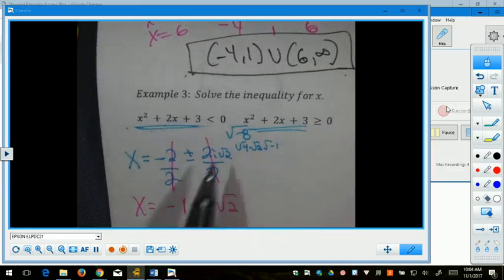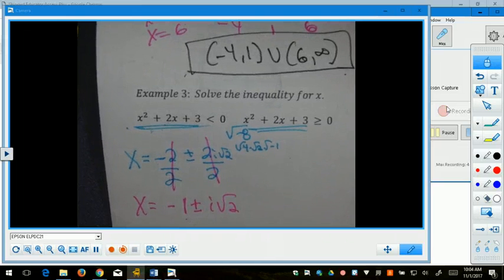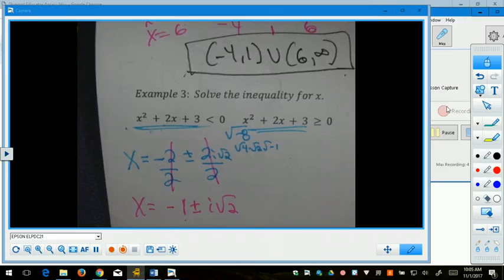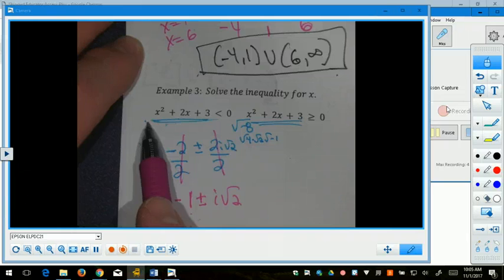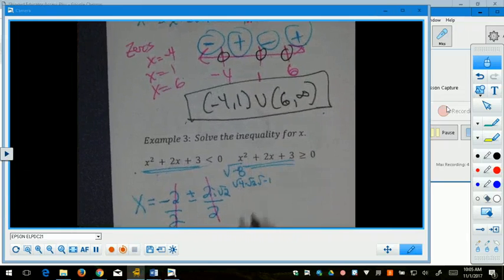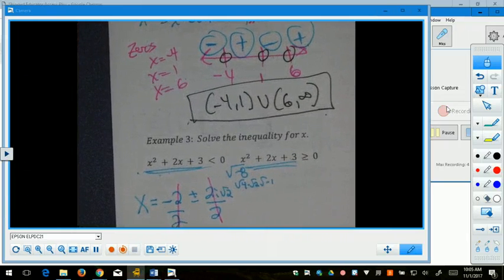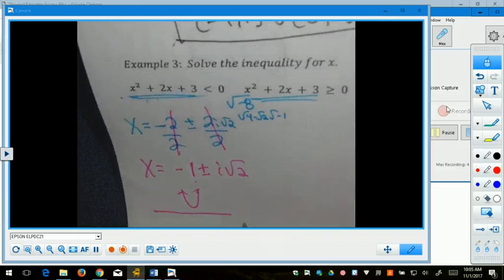When the discriminant is negative, what does that mean? Well, it means that my answers are not real, but what does that mean in terms of the graph? It never intersects the x-axis, which means it's either above or below. What do you think it's going to be in this case, given the lead coefficient? It's going to be above. And you can sketch in your calculator to see, but yes, my x-axis is here, and the graph is above